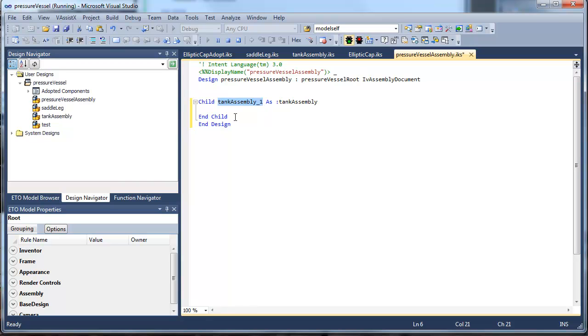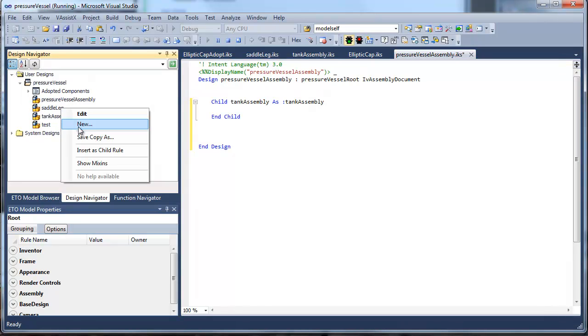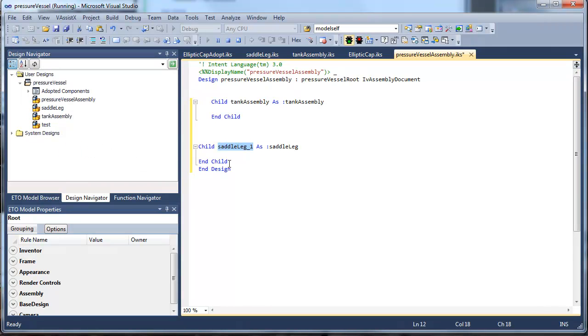We'll indent that over a little bit, rename it so it looks like a better name, and then we'll do the same thing for the saddle leg, so that we've got one leg in the assembly. Again, we're going to insert, tab that over, and then change, and then give it a little space, and then we'll hit save, save,